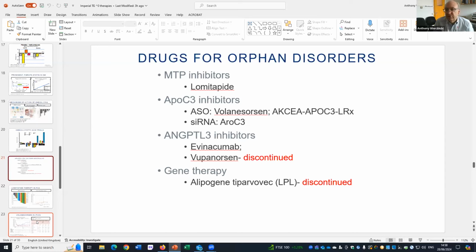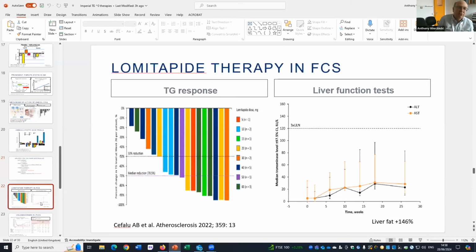There are microsomal transfer protein inhibitors. Those stop the loading of triglycerides onto ApoB particles, both in the gut and the liver. Very rare indication. We don't use that much. ApoC3 inhibitors are actually probably our therapy of choice, and there are others that are in development or are being